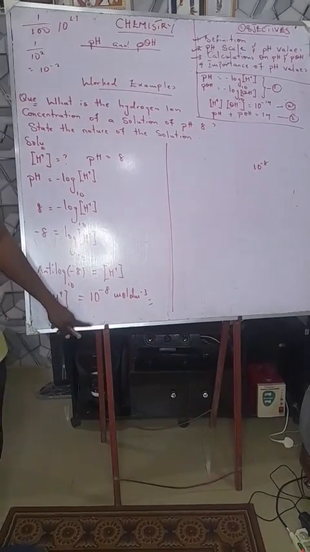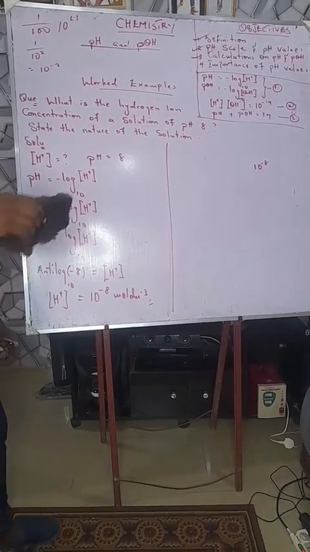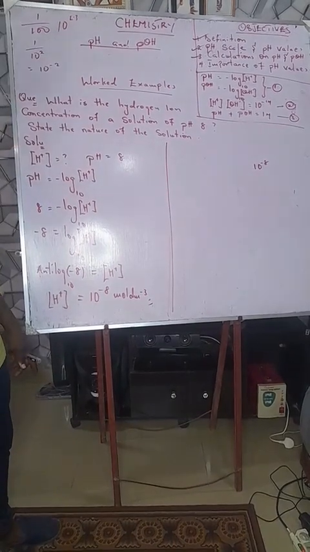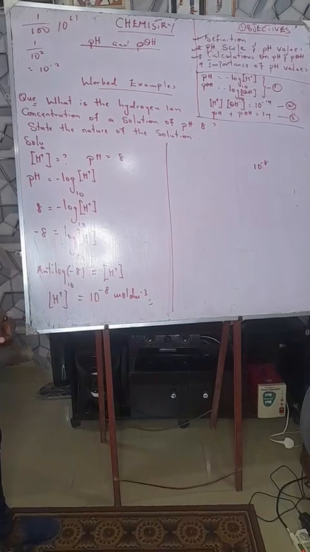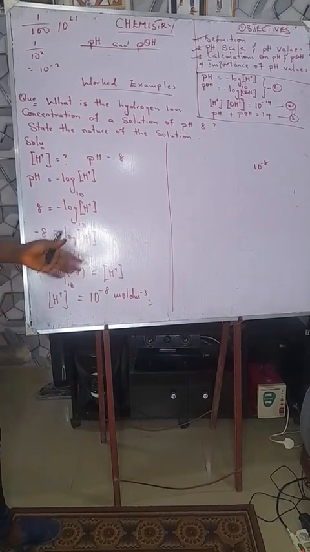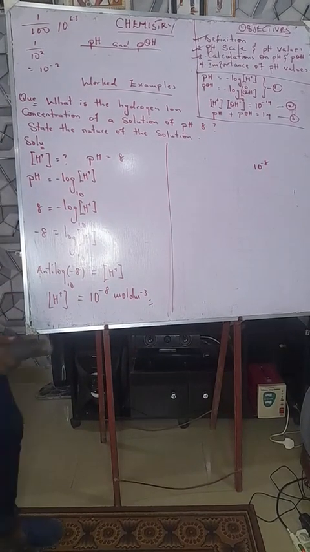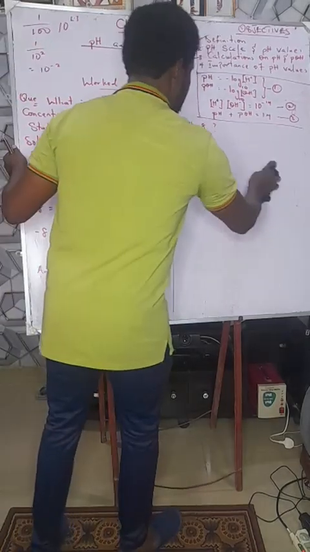This value is the same thing as 0.0000 something. But when you put it in this form, you have 10 raised to the power of minus 8, or 1 times 10 raised to the power of minus 8. So from here,